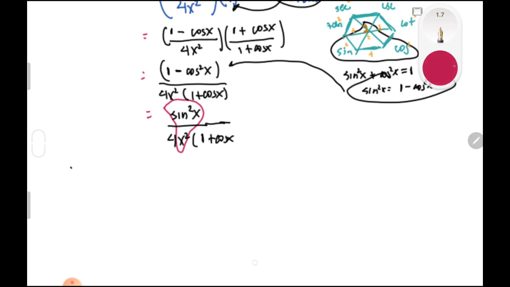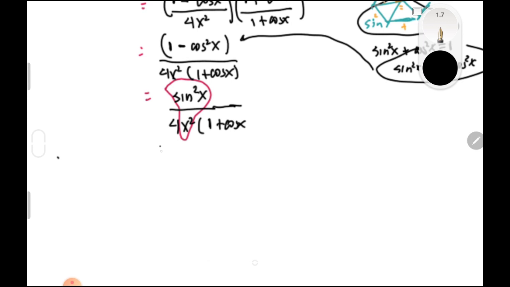Take note that this function can be rewritten as a limit. We can take out 1/4 from our second rule of limits, so 1/4 multiplied by sine x multiplied by sine x, because it is just equal to sine x squared,